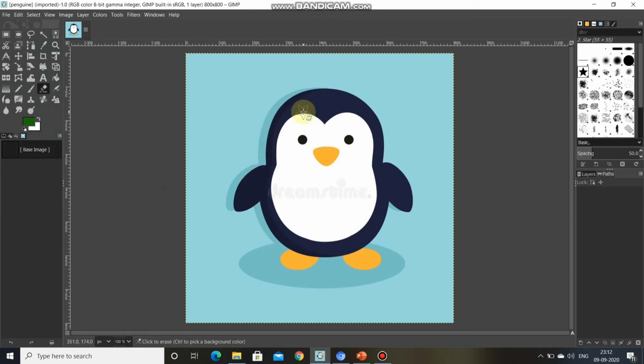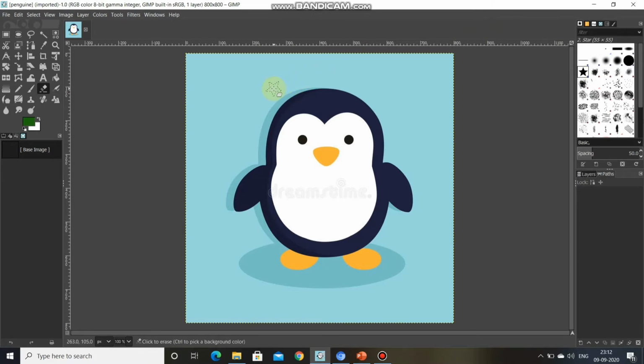Now I have to do editing on this. Previously, we selected the star brush and the eraser tool. Now I'll place the mouse pointer on the image.